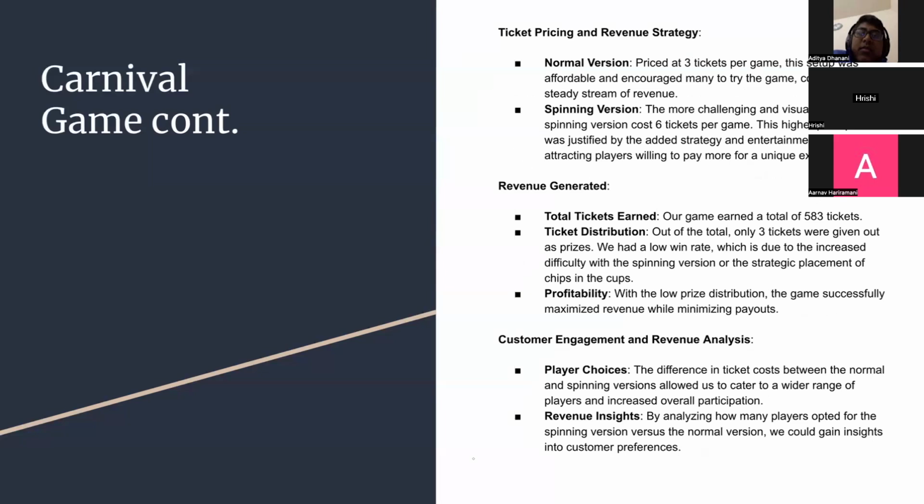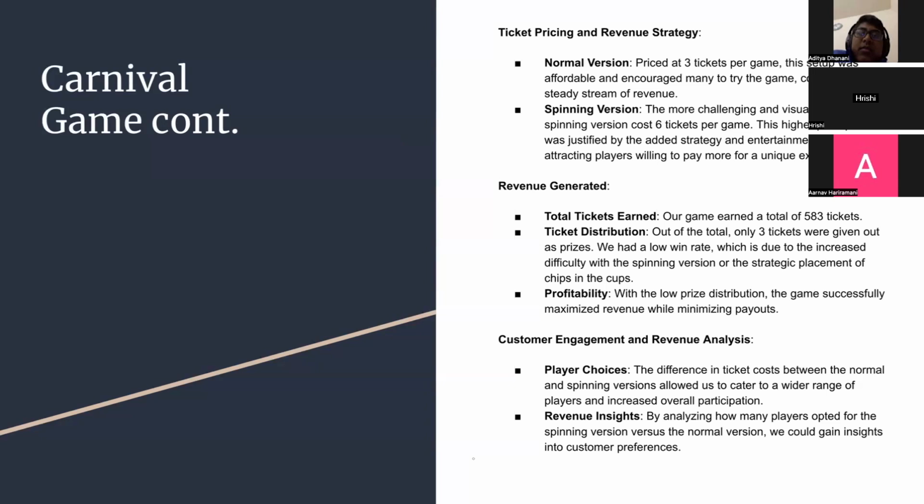In the spinning version, it was more challenging and visually exciting, and it cost 6 tickets per game. This higher price point was justified by the added strategy and entertainment value, attracting players willing to pay more for a unique experience. In the revenue generated, there were a total of 583 tickets generated by our game, and out